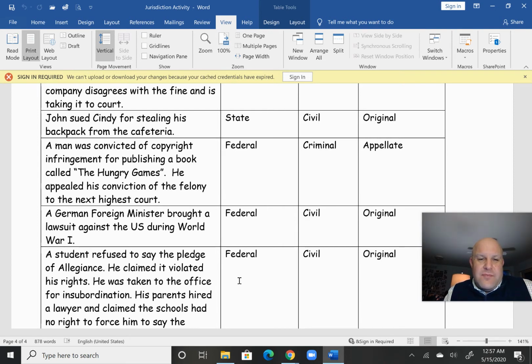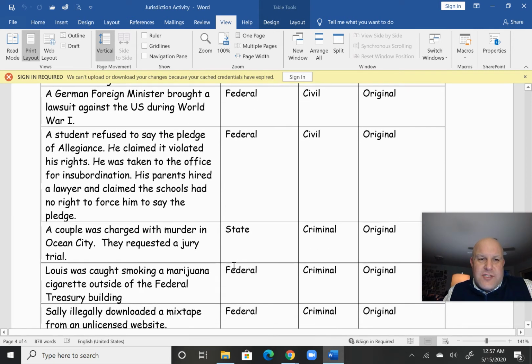Copyright infringement from publishing a book. I think I talked about this one in the agenda from Wednesday. Federal, criminal, copyright infringement because it's federal law, the copyright law, and then the appeal because he went to an appeal. A German foreign minister brought a lawsuit against the U.S. during World War I. Federal, civil,